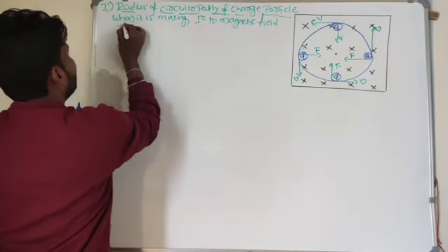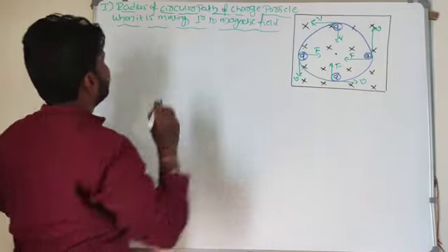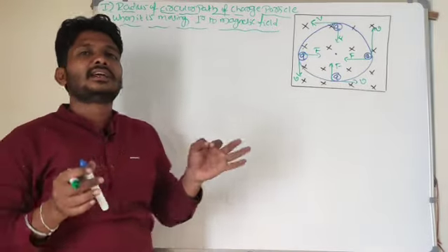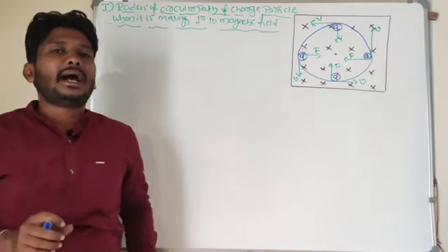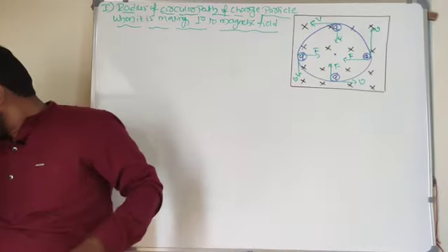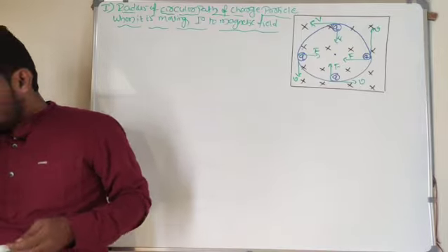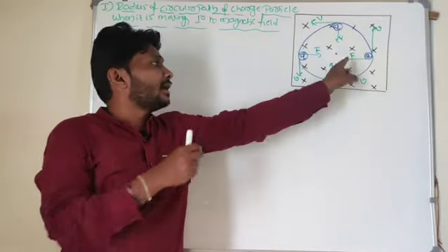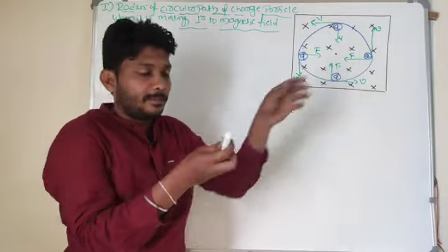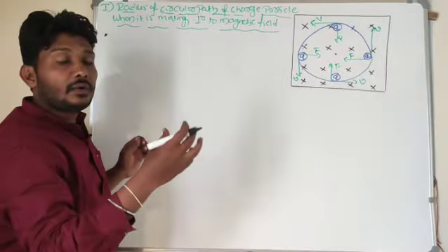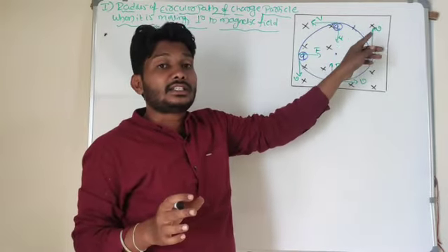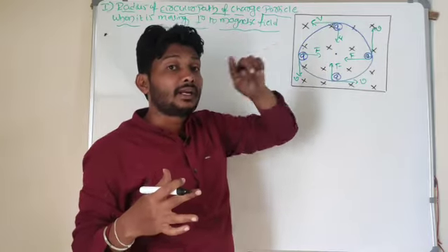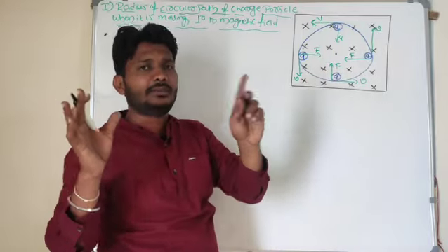Most of the time in the annual examination they ask the same question: derive the expression for the radius of the circular path when the charged particle is moving perpendicular to the magnetic field. And now I want to find out, first I can consider, what is the value of magnetic force when the charged particle is moving perpendicular to the magnetic field. We know the equation for magnetic force, F is equal to QVB sin theta. If theta is equal to 90 degrees, meaning the charged particle is moving perpendicular to the magnetic field, then sin 90 means 1.